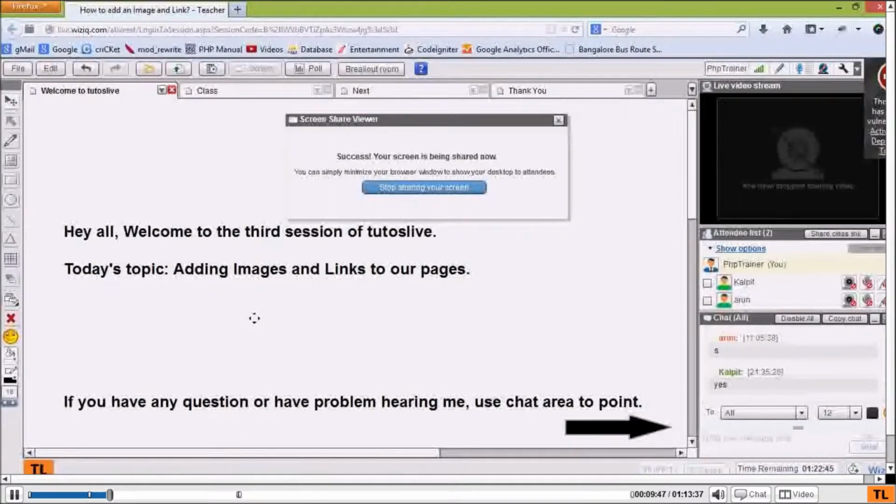So I'll just save this as, say, text format.html. Let me change this to capitalize, and I go to the folder. I saved it here. You see, it got saved in the Tutoslive folder. I go there and just double click it. Now see here, I'll just increase the font here. So see, bold makes it bold, emphasized made italics, and strong and bold have the same